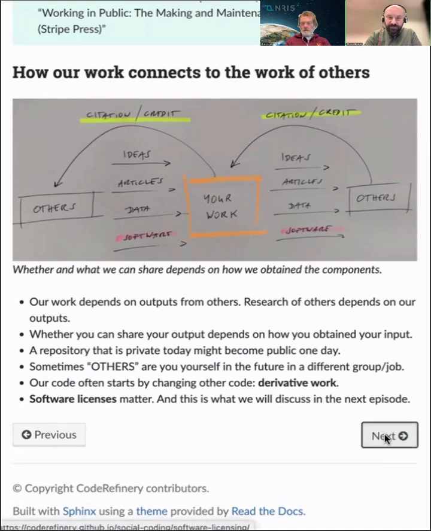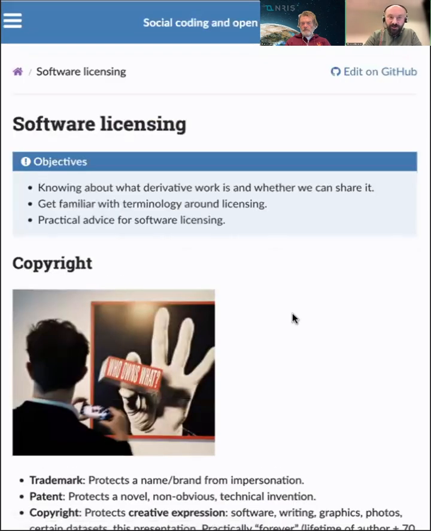Right, so if I click next and turn the page, now we finally introduce software licensing. The idea here is to know about the type of derivative work, the type of reuse or remix that you can do with other people's software, how you can share what you've done, and how you can also get citations from the work that you do.